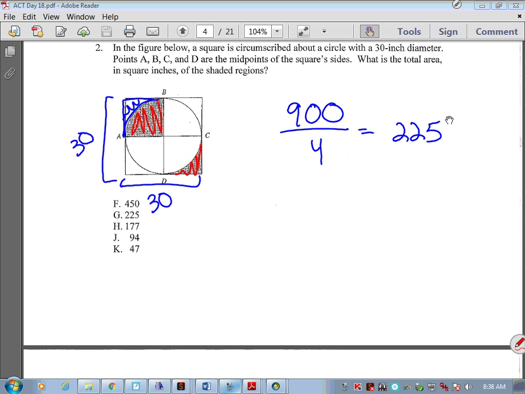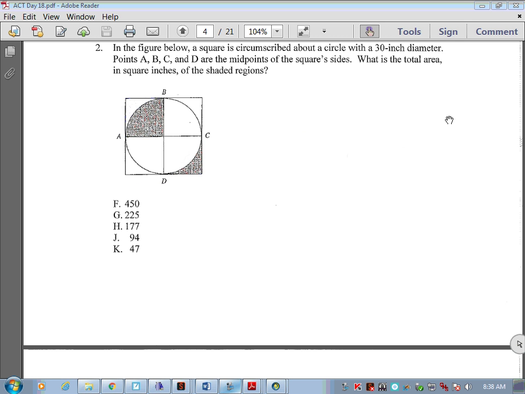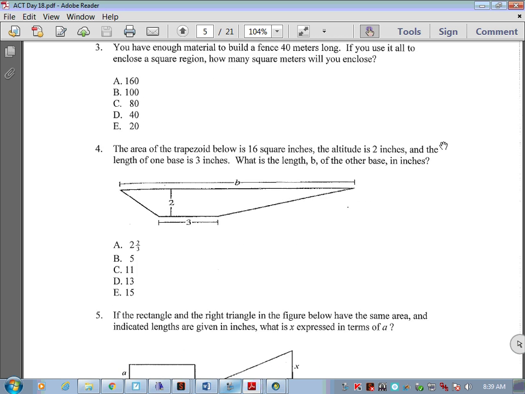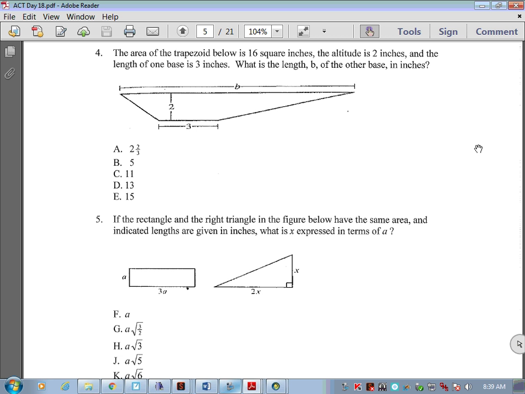So the difference in time is probably about a minute or two, right? Maybe more than that if you're struggling to try to remember your formulas. So yeah, the area of the square divided by 4 is going to get that answer much, much quicker. All right, number 3 through 5, I'm guessing maybe 4. 4, yeah, 4. Okay,